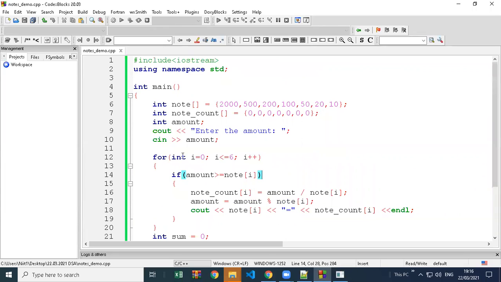So what we did, we just created an array and we are taking values out from the array. So the first value of our note array is 2000. It will check if our amount is greater than or equal to 2000. Then in the next iteration, next value, amount is greater than 500. Then again next value, amount is greater than 200, amount is greater than 100, 50. So we don't have 7 if blocks here, but this loop is repeating. That's why it will repeat our if block 7 times.